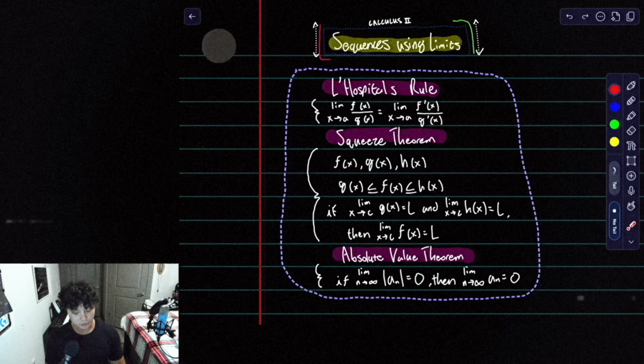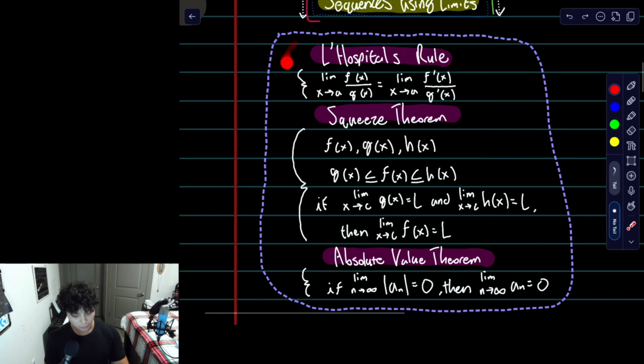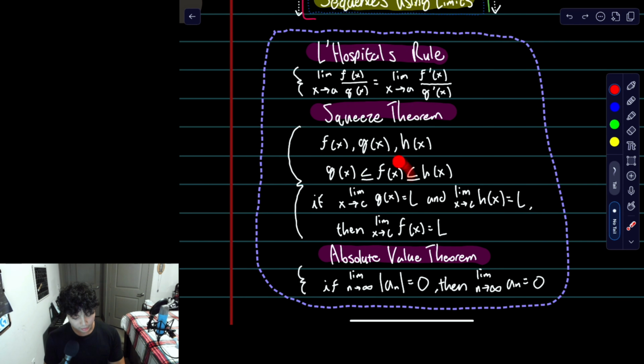Today's topic in Calculus 2 is going to be sequences using limits, and we are going to go over 3 techniques. One being L'Hopital's rule, where when you have a limit, you take the derivative of the numerator and the denominator. 2 being Squeeze theorem, where let's say you're comparing g of x, f of x, and h of x,